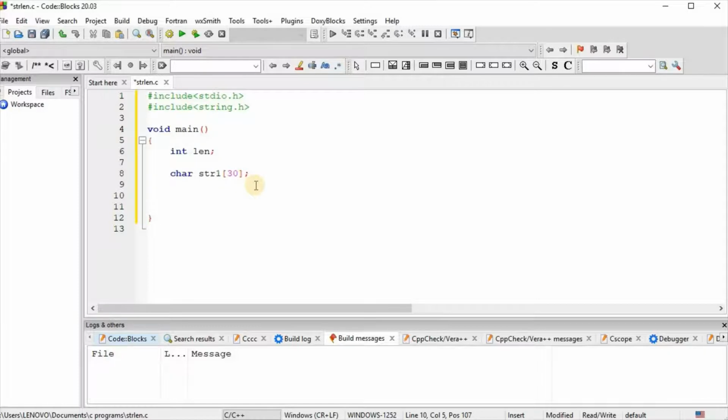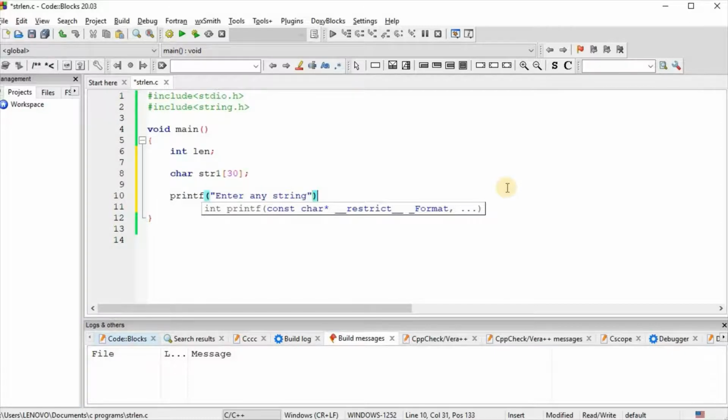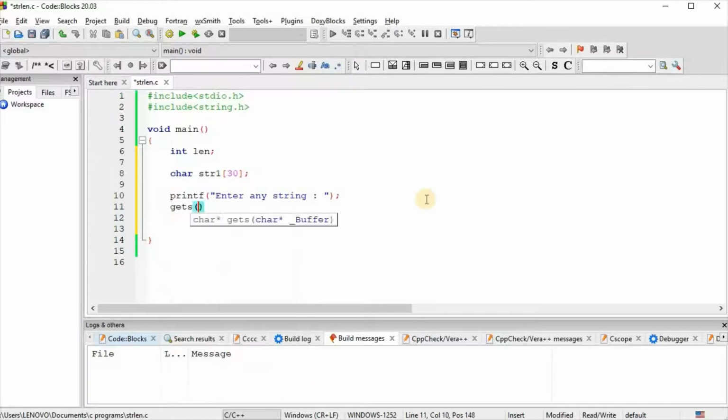Display a message for the user with the printf function: enter any string. gets(str1).